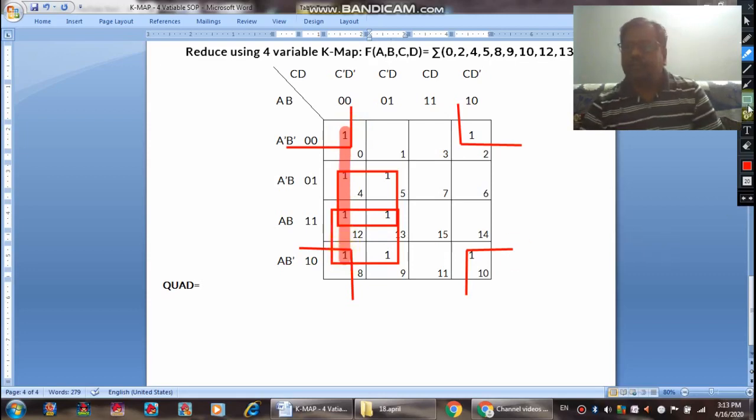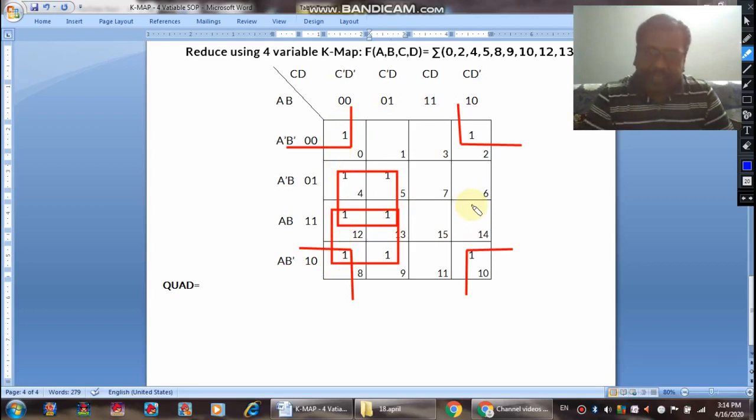then these two would have been paired. Now whenever you are talking about a pair and a quad, that means quad has to be preferred. That means these two cannot be paired. Instead of these two, it could be grouped as a quad by the corner. Since it has been grouped as a quad, then this group will become redundant. Therefore it is wrong. It will be having 3 quads again. The first quad will be the corner ones, the second will be 4, 5, 12, 13 and the third will be 12, 13, 8 and 9.